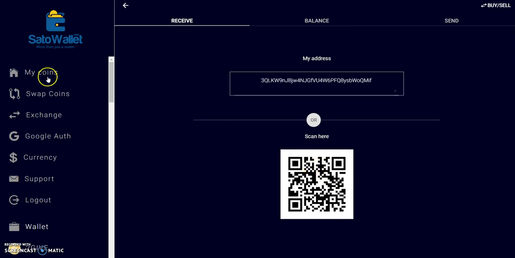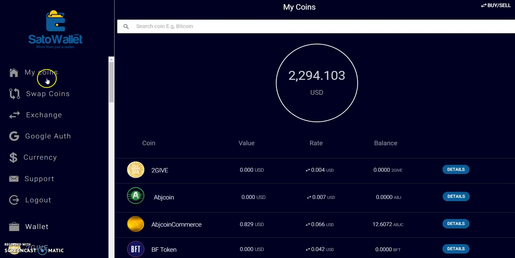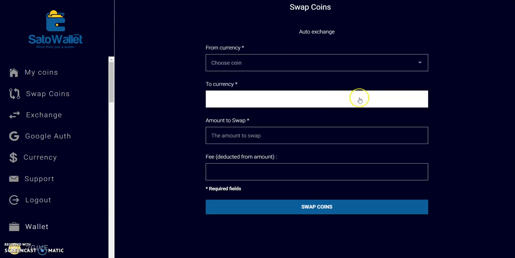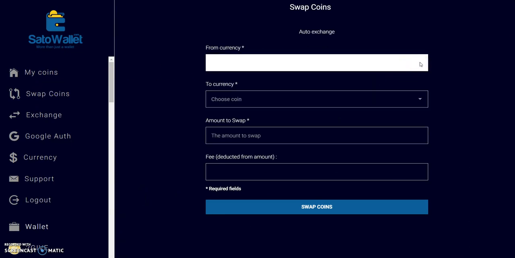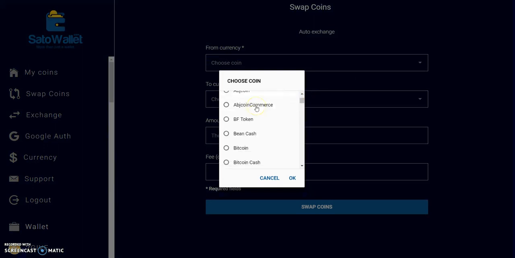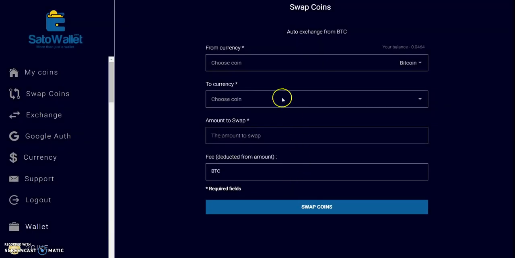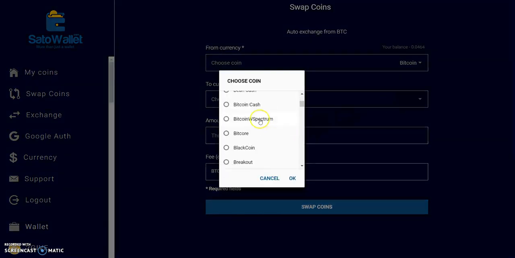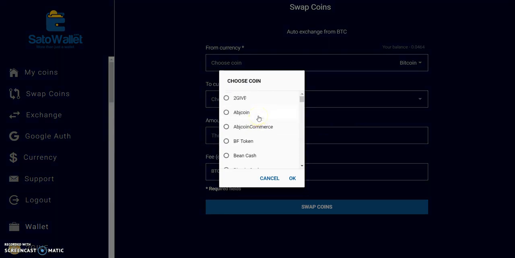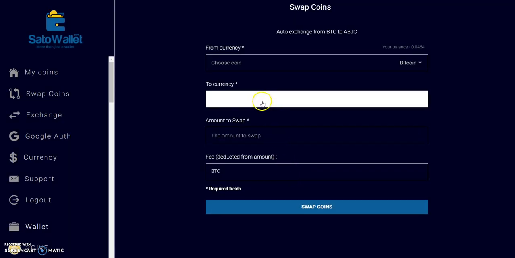Okay, let's see how you can swap coins. You can click on here. You see the list of coins on the app. Here is Bitcoin. Click on Bitcoin, then okay. For example, from Bitcoin to ABJ Coin Commerce. Click here, and then